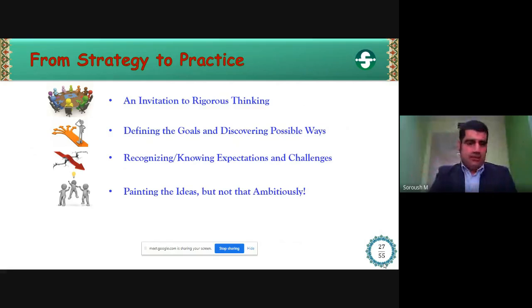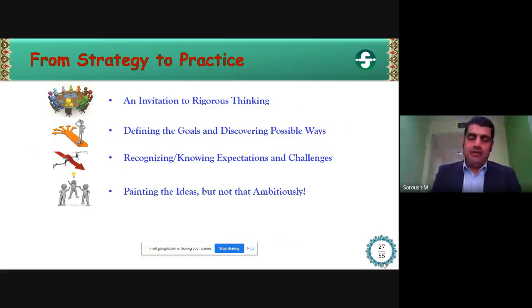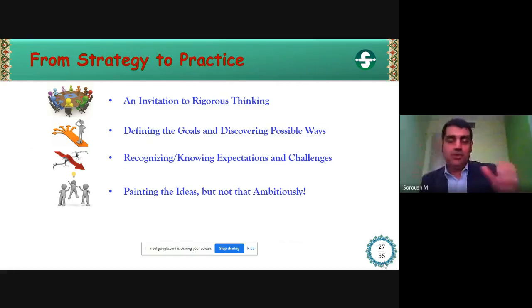Please go boldly to paint your ideas, but not that ambitiously. The state of exaggeration is a key failure parameter in scientific papers. Sometimes we overuse words like significantly, sharply, increasingly, or let's say, for example, substantially, and exaggeration may work in an adverse way and would be detrimental. So control your level of ambiguity,